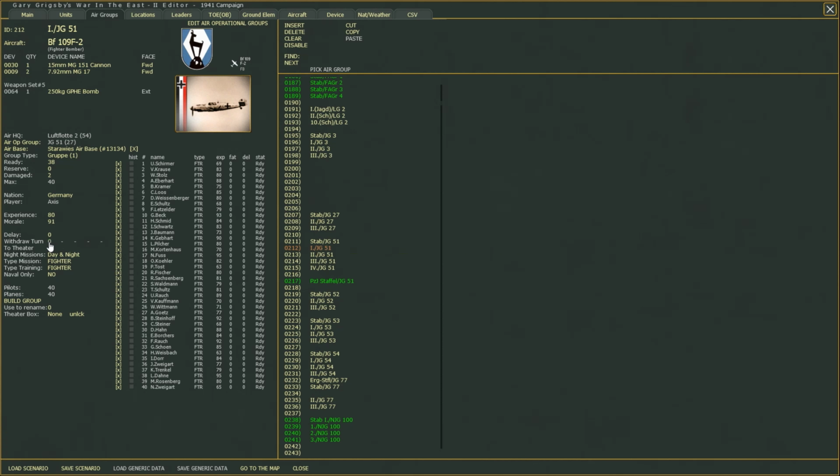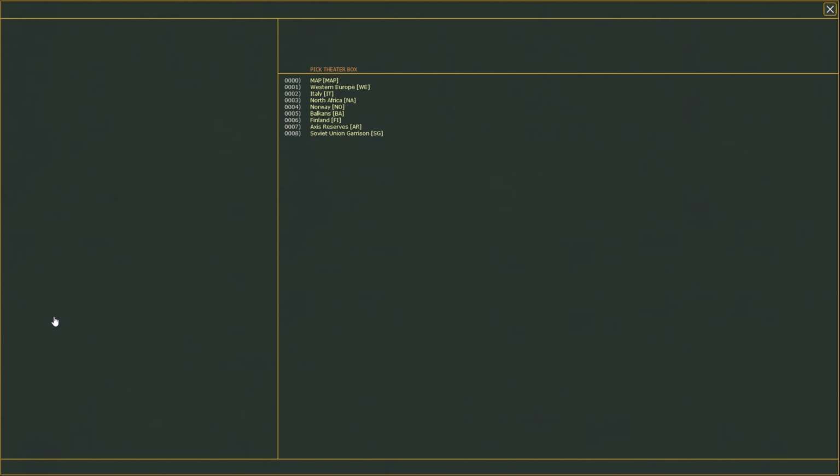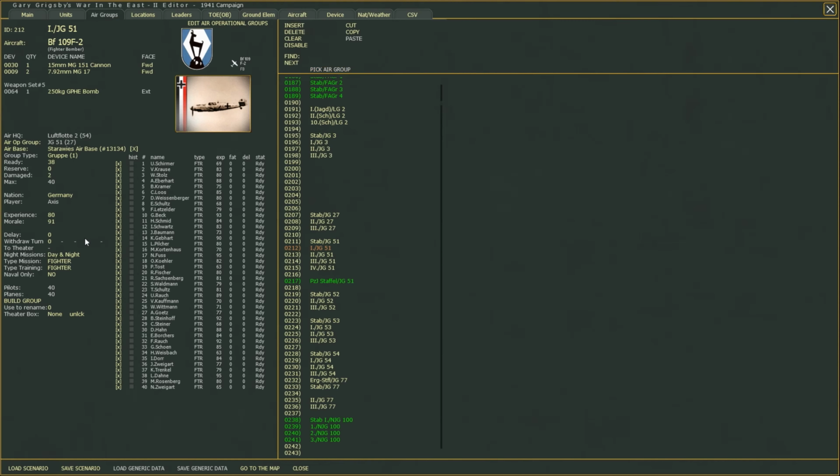Now, where do I find the numbers for the theater boxes? Well, they are over here. You click on the theater box, and here you have 0 means the map, 1 Western Europe, and so on and so forth. There are, let's say, 2 hidden theater boxes, and these theater boxes are the